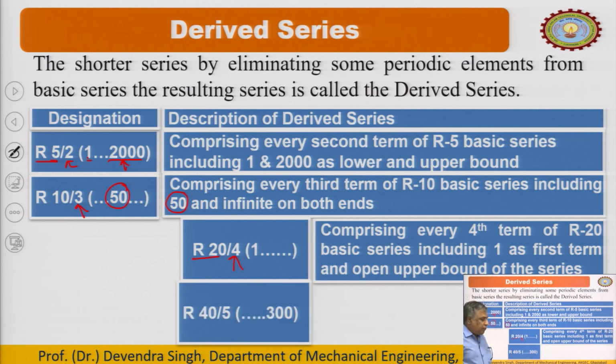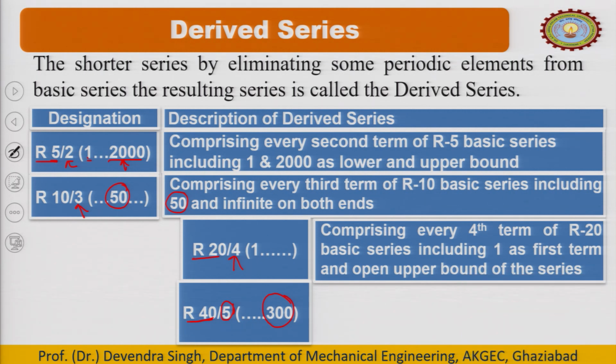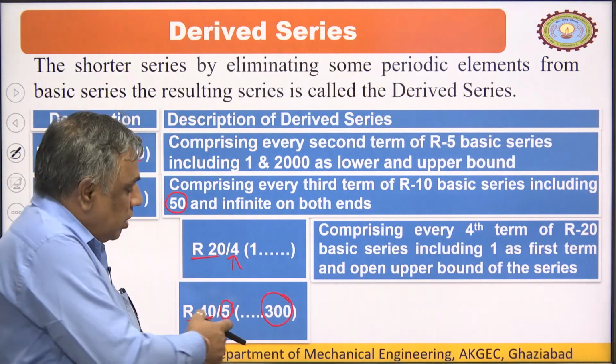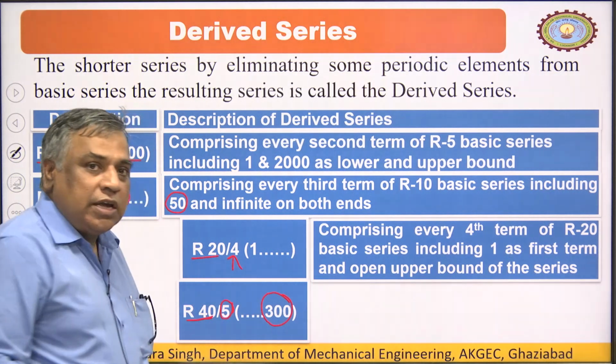So, R40/5. So, R40/5 means R40 is the basic series and every fifth term will be considered here, and the upper bound 300 is fixed. So, the lower bound is unbound, this is free, open, and the upper bound 300